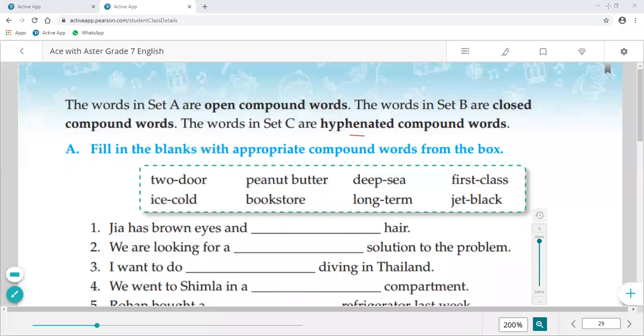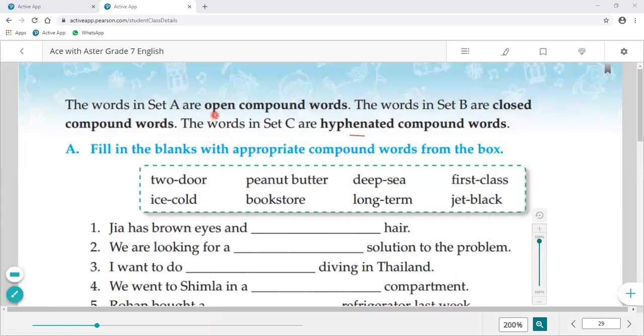Clear, everyone? First, I'll explain what a compound word is. Before doing the exercise, we'll get to know what a compound word is. When two words are used together to make a new meaning, it is called a compound word. Okay class, दो words जब एक साथ मिलते हैं और उनकी meaning थोड़ी सी अलग हो जाती है, different हो जाती है, that is called compound words. Compound words can be written in three ways.